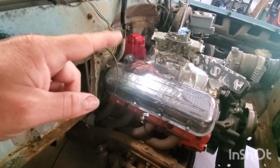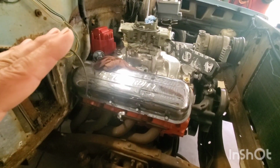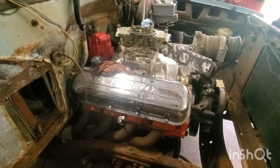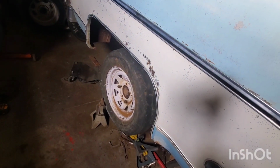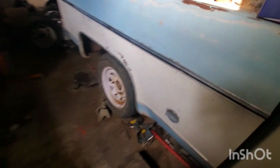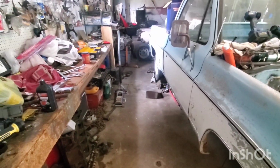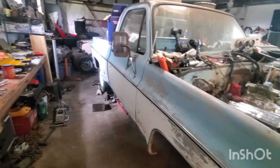But I've got a new set of plugs coming. They'll be here Friday. So that's gonna put me a week out on starting this thing. But that's okay, I've got plenty to do. I've got to finish welding this rear end brackets in. I got to build some shock mounts, and I'm just gonna put back basic stock location for the time being, but I'm gonna eventually change all of that out